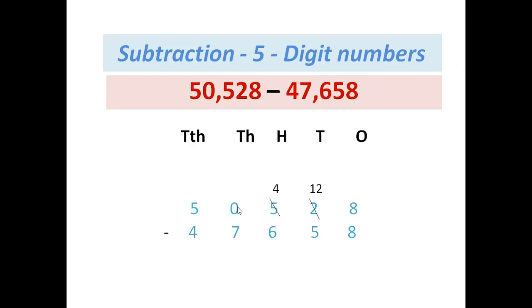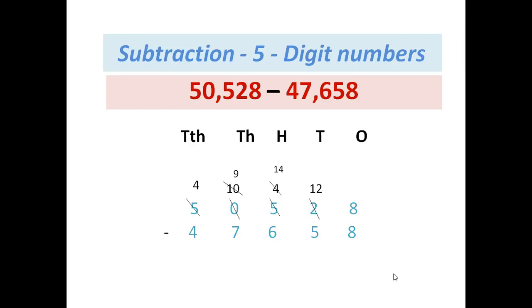So 4 will have to borrow from 0, but 0 is nothing. Again 0 will first borrow from 5 and then from that, 4 can borrow, right? So this 5 will get decreased to 4, the 0 will get increased to 10, and now from this 10, 4 can borrow and become 14, right? This 4 will get converted as 14, and now all the digits in the minuend are greater than or equal to the digits of the subtrahend, right?